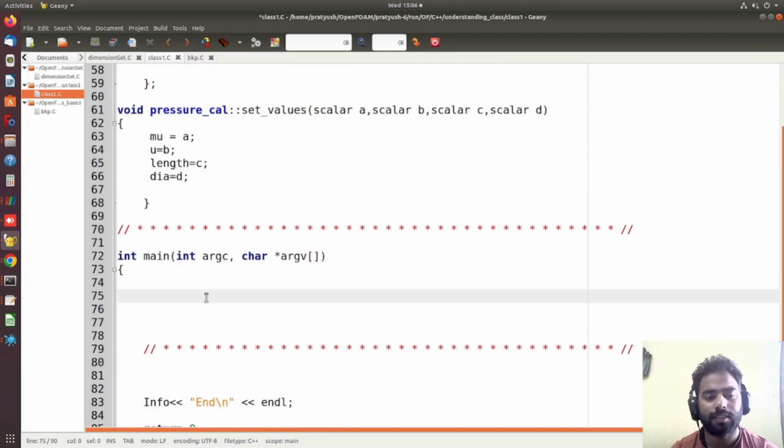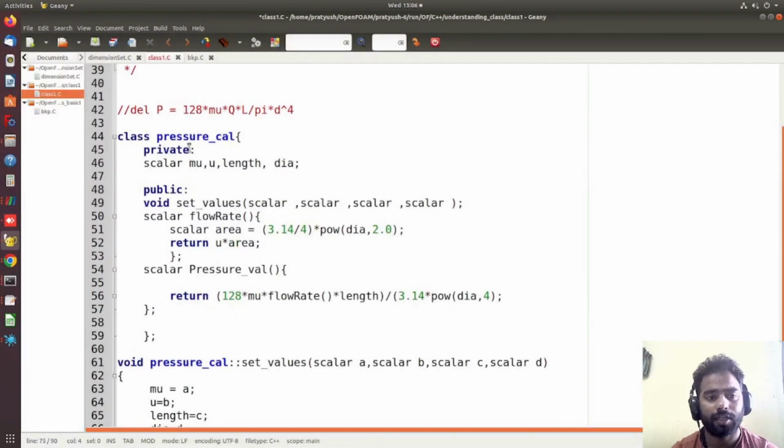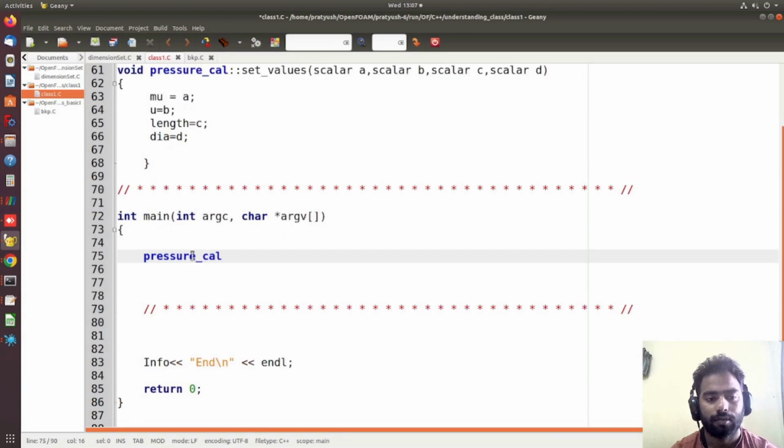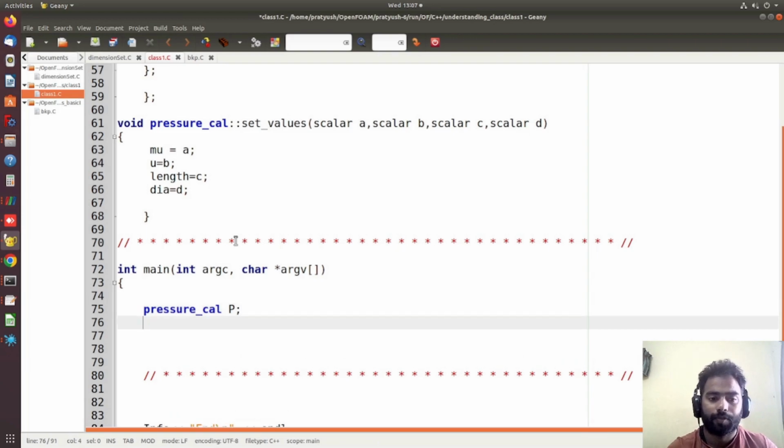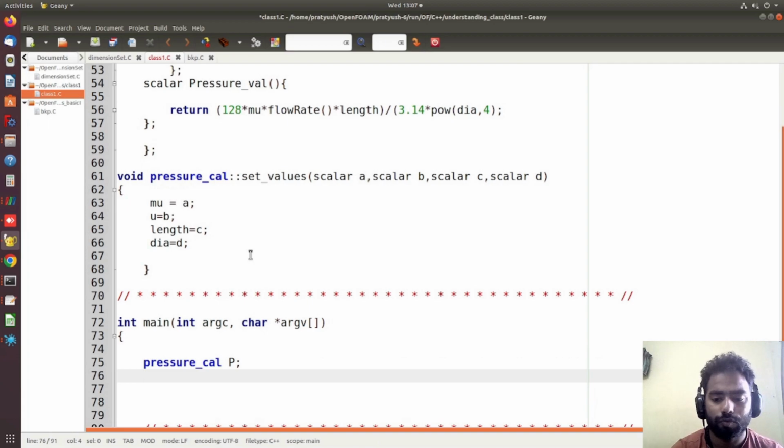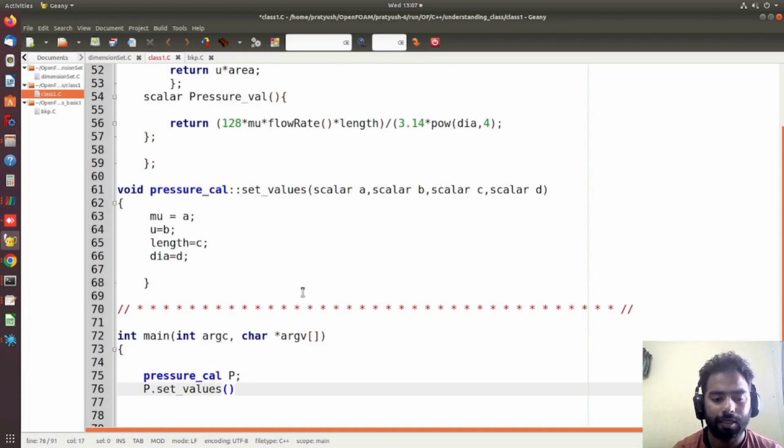Now let's create one object of this type. So we can create one class pressure cal. Now I'm taking one object of this class, that is p. So this is the class, and we are creating one object of this class, that is p. Now we can set the values here. So we can call p dot set values. We can set the values as, we can take as e to the power minus 5,